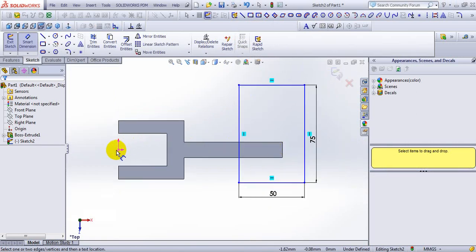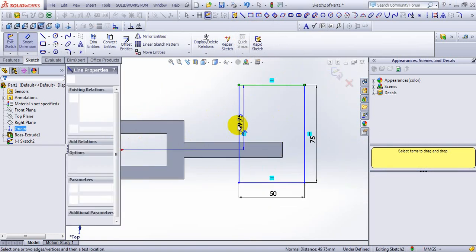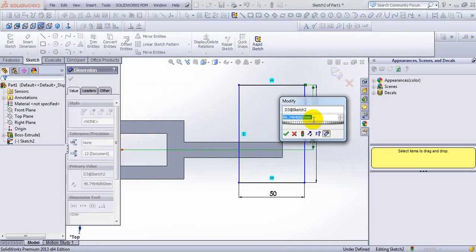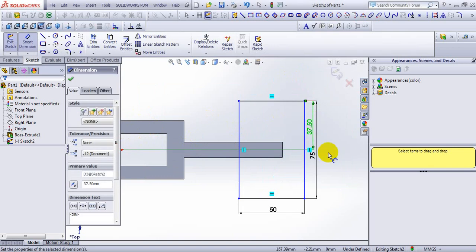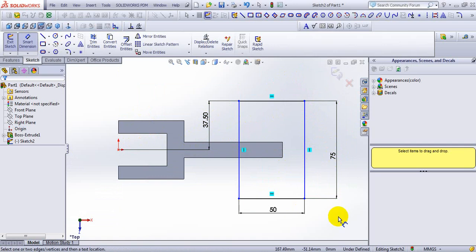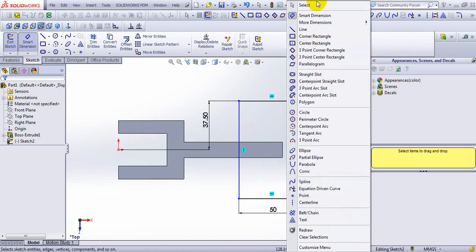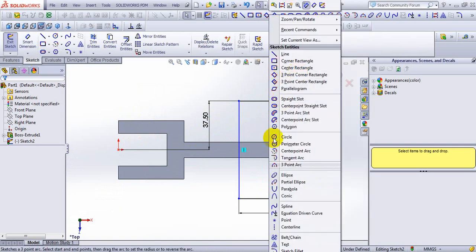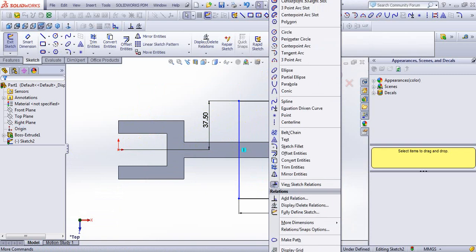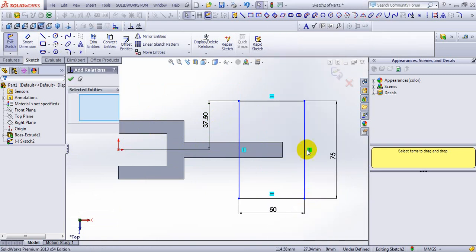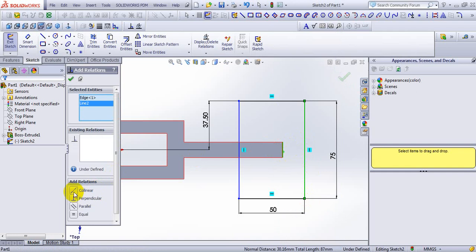Now we make it exact center, that is 75 divided by 2, which is 37.5. Now it is in the exact center. Next, go for add relation. Select this edge and line, make it collinear.